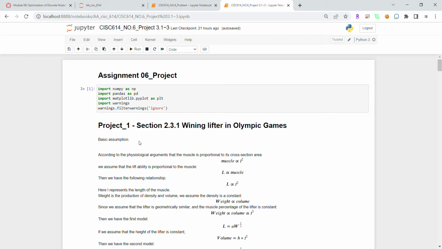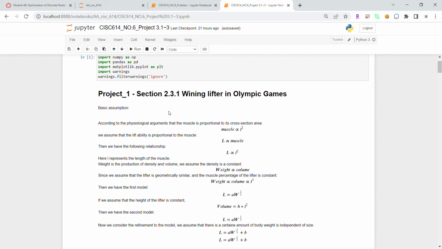So the basic assumption we have here is, according to the physiological argument, that the muscle is proportional to the cross-section area. So we have this relationship, and then we assume that the lift ability is proportional to the muscle, and combined with the first and the second assumption, we have this relationship, which is the lift ability is proportional to